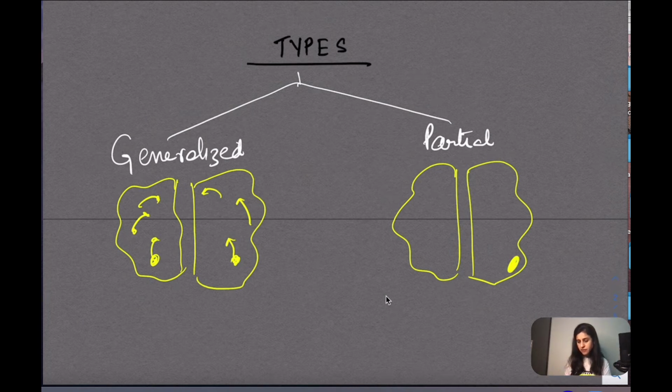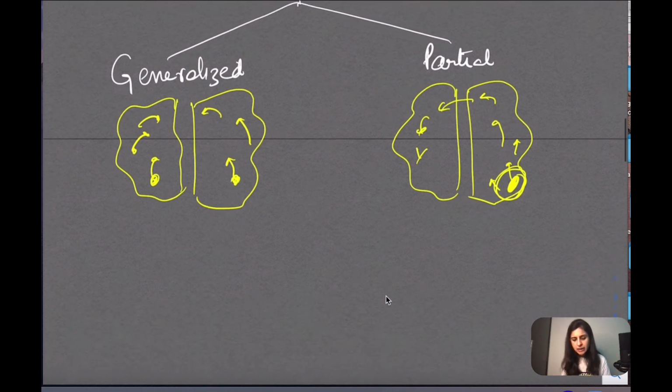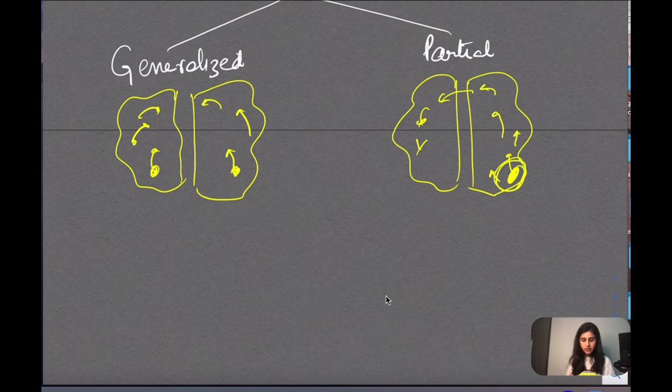It begins in one area, gradually involving one lobe. But if it extends, and if it is not treated for some other reason, it can progress to the other hemisphere also. But primarily the focus is just one hemisphere. That's why it's a partial seizure or epilepsy. Generalized usually can be more grave in nature.